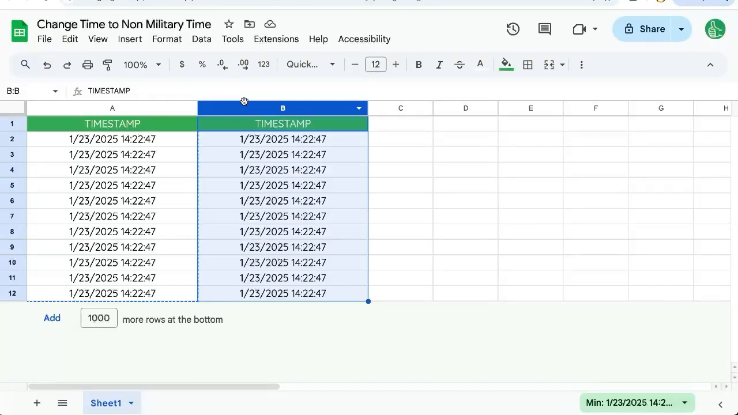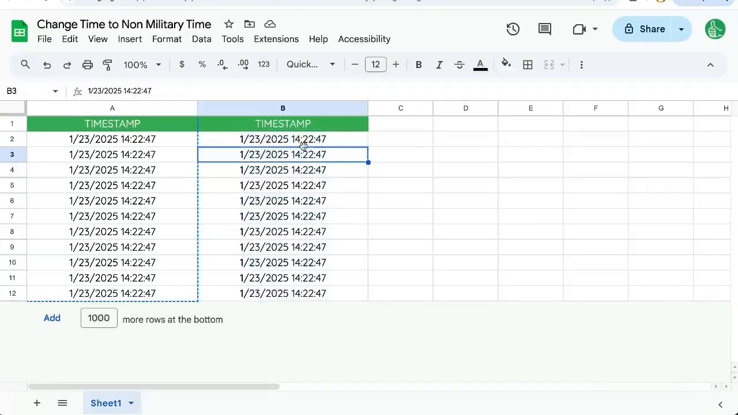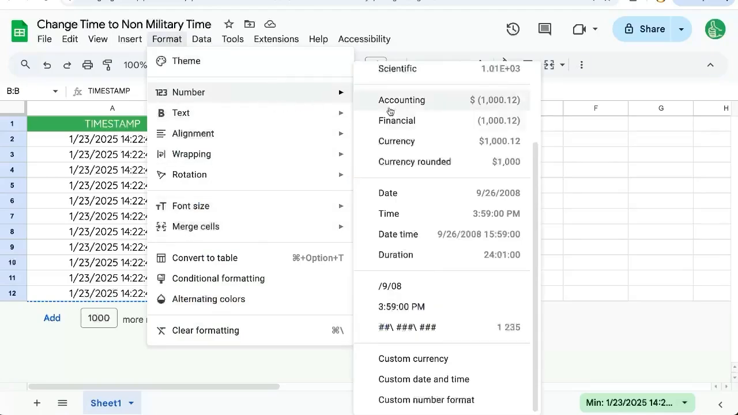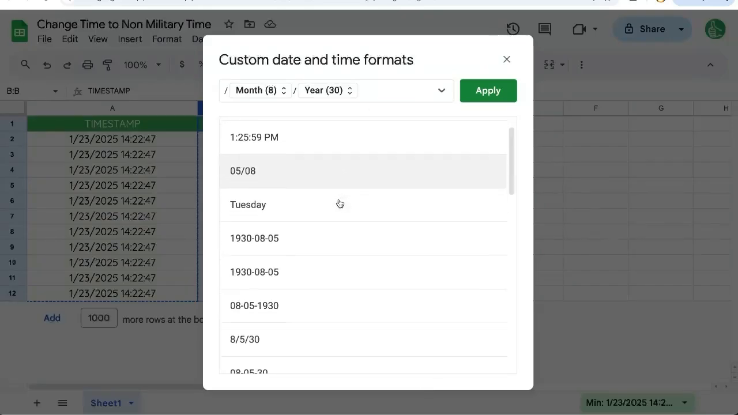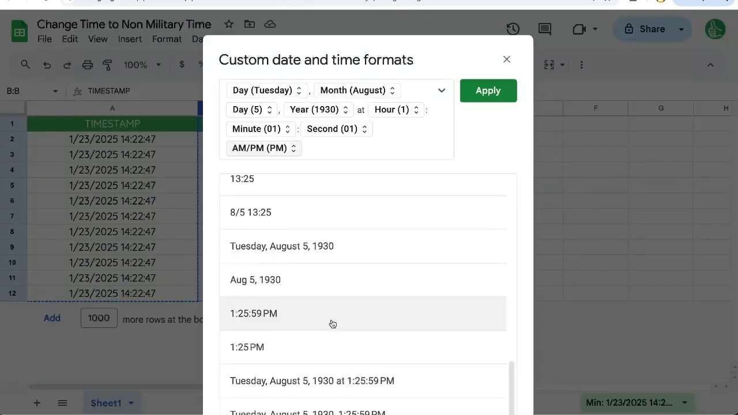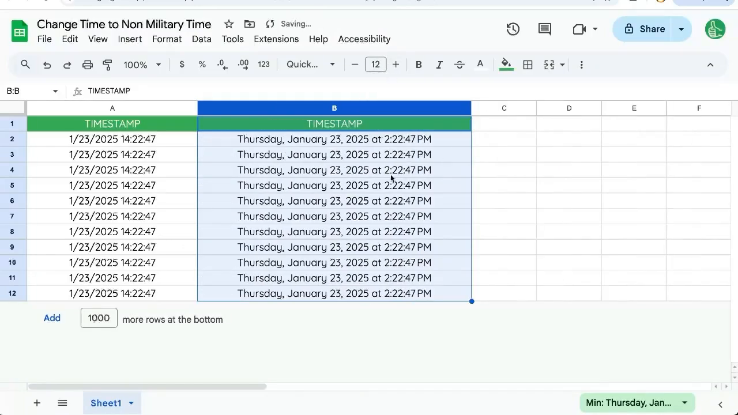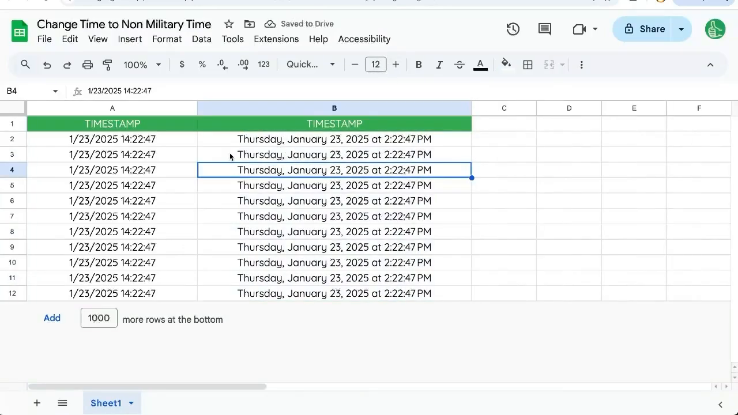Let's change time to non-military time, or from 24-hour time to 12-hour time. Here we have timestamps, and we could go to this, say, column. We have some timestamps in, and format, number. We have to go down to custom date and time and pick out one that has the right thing. We have to choose the hour, AM, PM, apply, and sure, we could do that, but can we do this